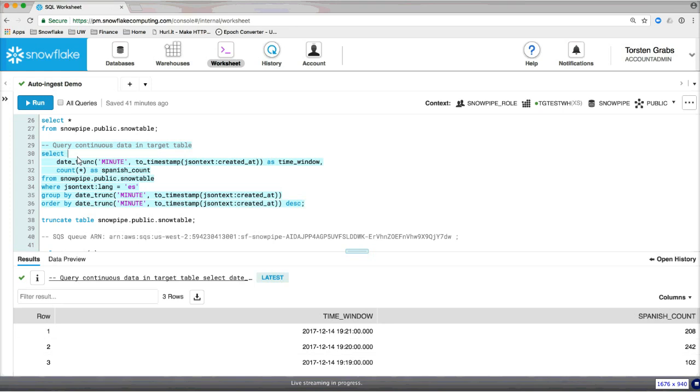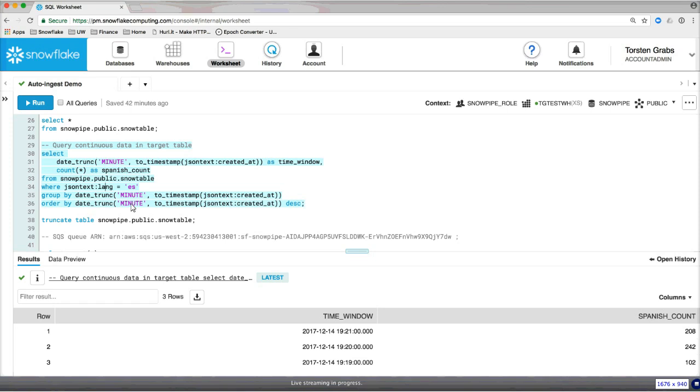So here, this query essentially breaks our tweets that are going into my target table into 1 minute sized time windows. And you can see I have 3 minutes already in the table. And then it does a count of all those tweets that are tagged as Spanish language tweets. So here in the where clause, you can see the filter expression that I'm using to check for tweets that are in Spanish.